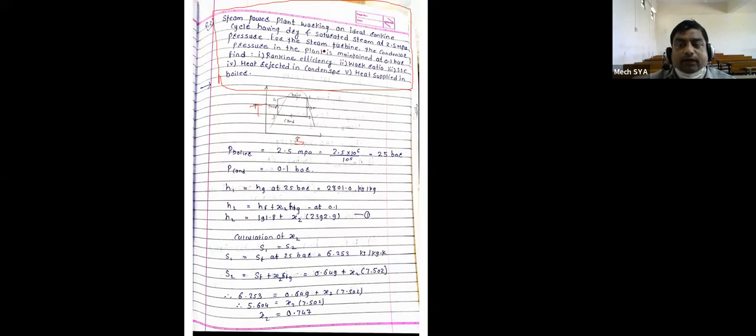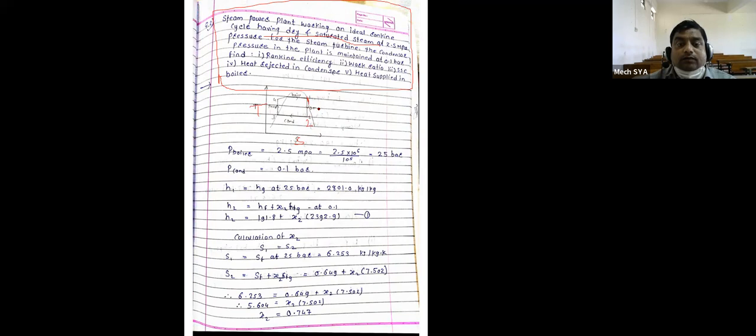This is an ideal Rankine cycle, therefore we should not consider any kind of losses. The steam supplied to the turbine is dry and saturated, so point number 1 is lying on the vapor line. From there, isentropic expansion, because it is ideal Rankine cycle. If it is actual Rankine cycle, this will be an inclined line. So this will be the 1 to 2 point.